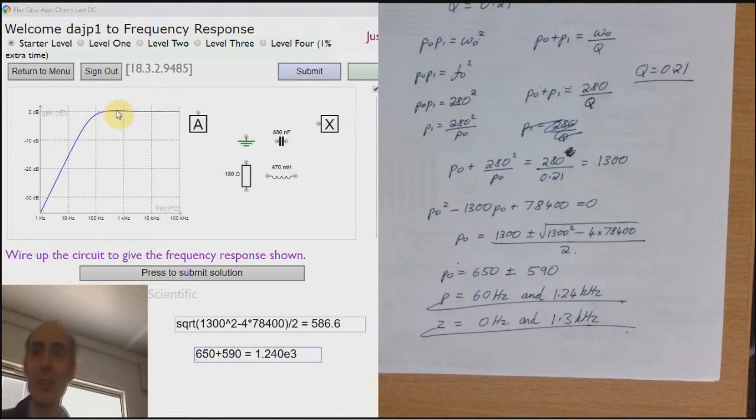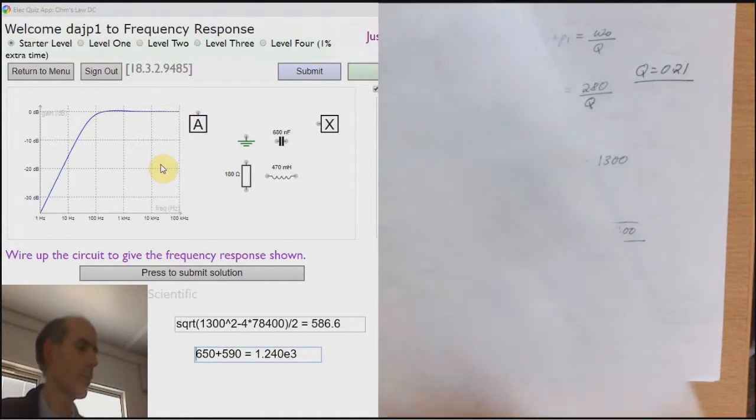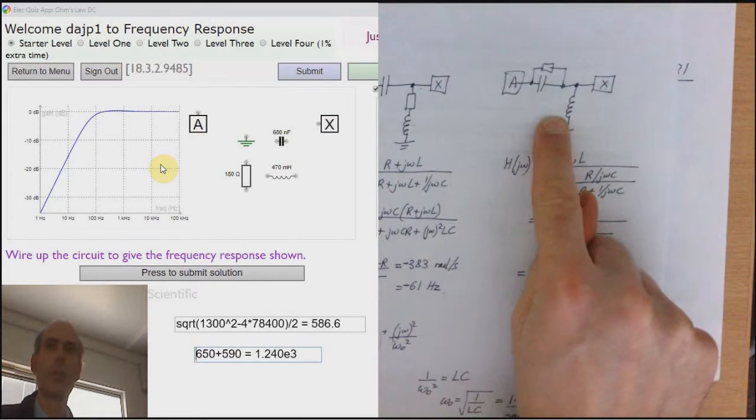And the answer is yes, it does. Starts at 0 hertz going up at a gradient of 20 dB per decade, as we'd expect from a single 0 at 0 hertz. At around 60 hertz, around about here, the pole starts to take effect and rolls it off, and it looks almost like a first order response going on like that, because this pole and this 0 are almost cancelling each other out. So that's looking good for